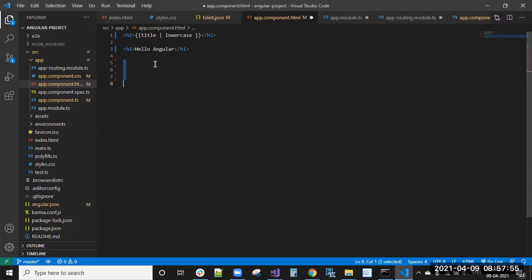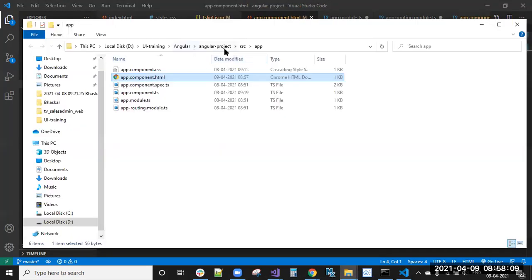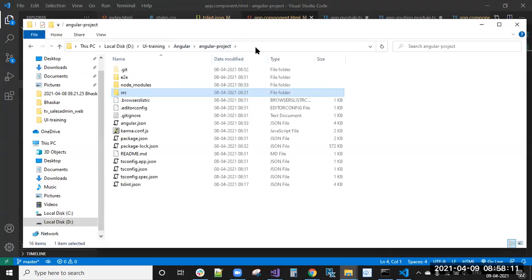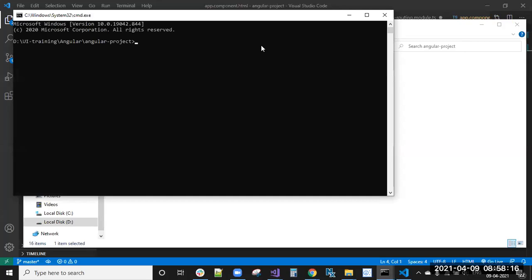Now we can see how we can create a feature module, and how we can import that feature module in an Angular application. To create a module, first we need to go to the File Explorer and open the command prompt. Here we write ng generate module.